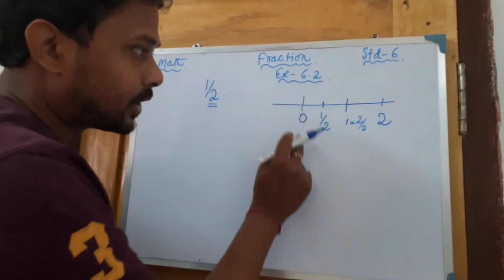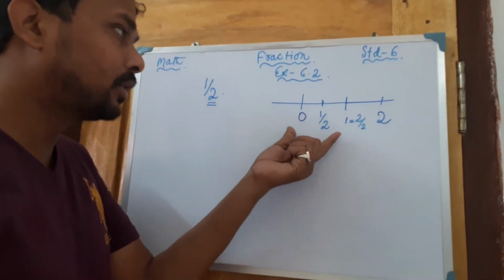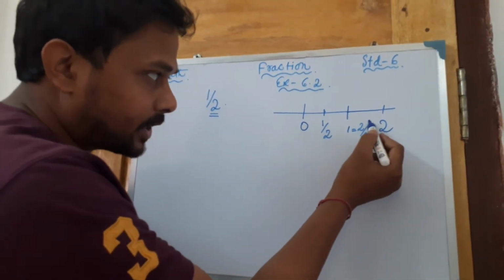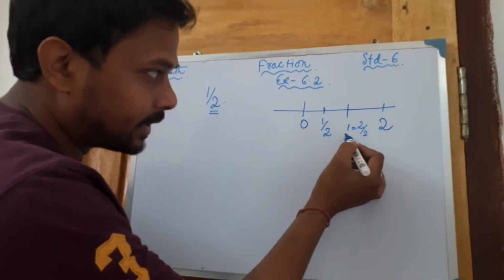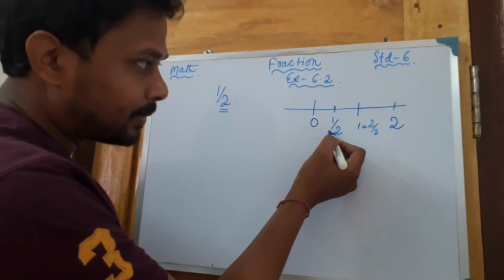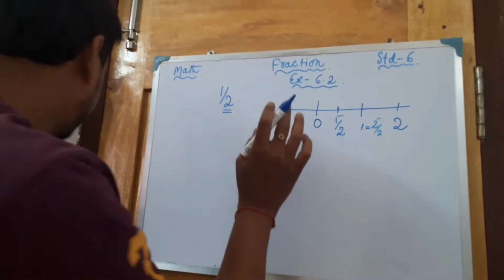Okay, so in this way you have to write down how many numbers will be there in between 1 and 2. That will be decided by this 2 by 2. You have to check that when the same number is divided, then 1 will come. Before that, definitely this one will be present, because 1 is here, so definitely 2 will be here. So in this way you have to place that one.